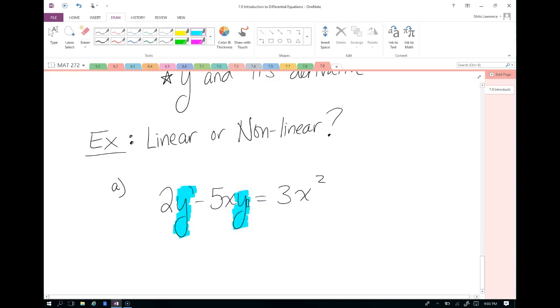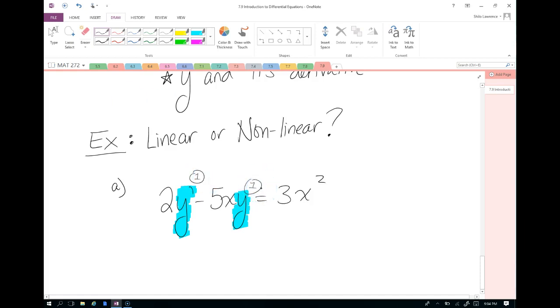First, check to make sure that they don't have any powers on them. They're not inside of any nonlinear functions like trigonometry, exponential, logarithms, anything like that. So in this case, neither one of them are. I've got just y prime times a 2, and I've got y times a 5x. So the y's themselves are linear. There's no exponent written here, so we can assume it's a 1,